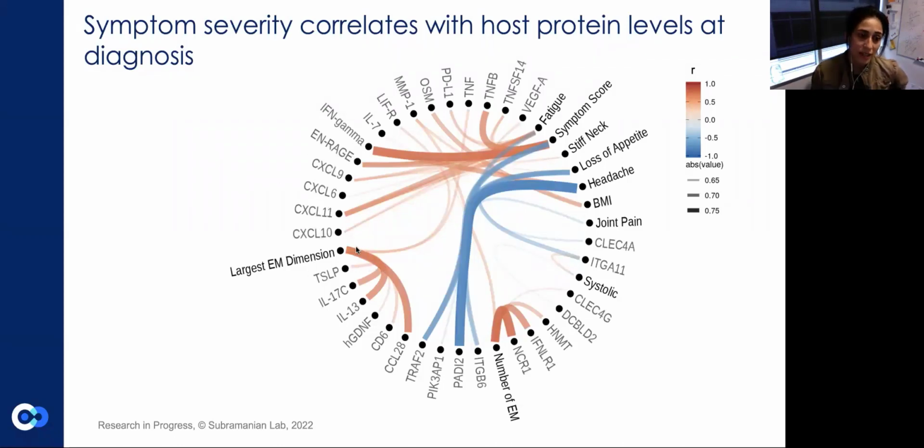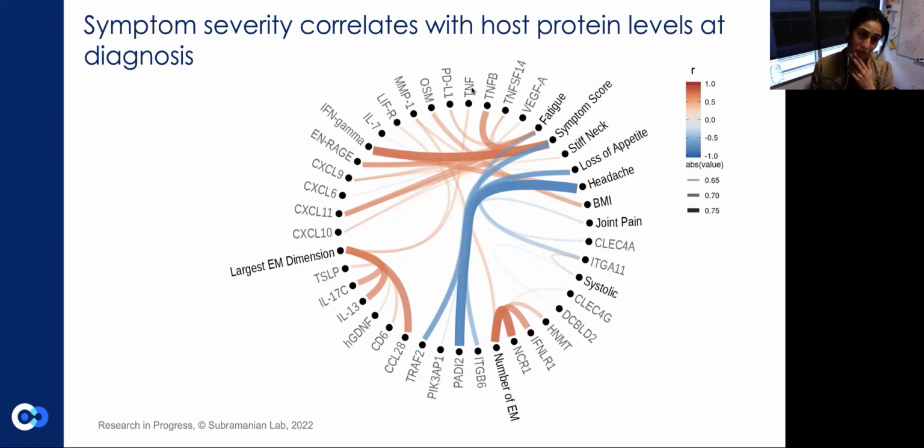And then secondly, we uncovered a circulating signature of what appears to me to be more of a type 2 immunity, kind of skin signature, that correlates with the dimension of the erythema migrans and the number of erythema migrans. So some people, the size of the bullseye rash and then the number of bullseye rashes. Some people have it, like one individual in this study has as many as 35 bullseye rashes. So almost like fell into a tick bush or something.